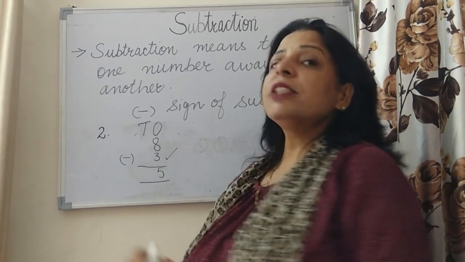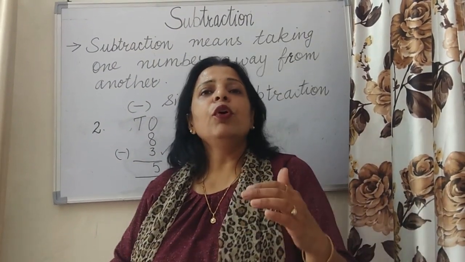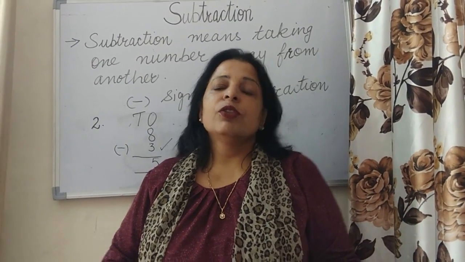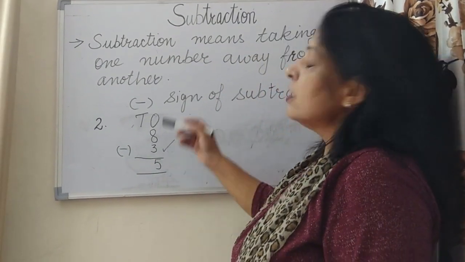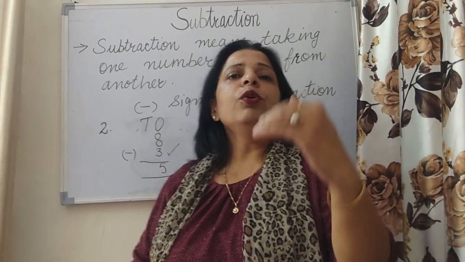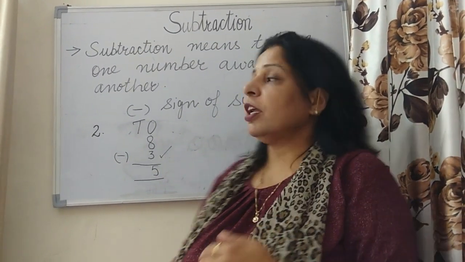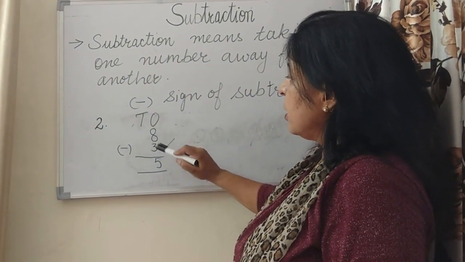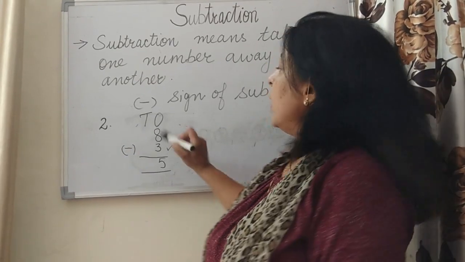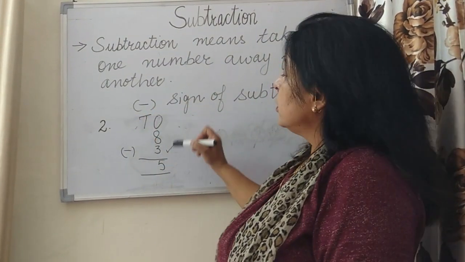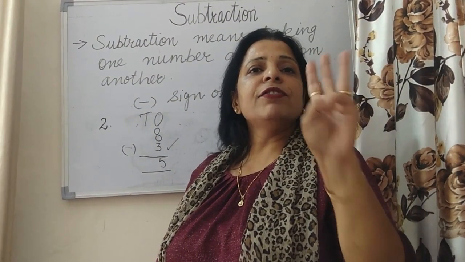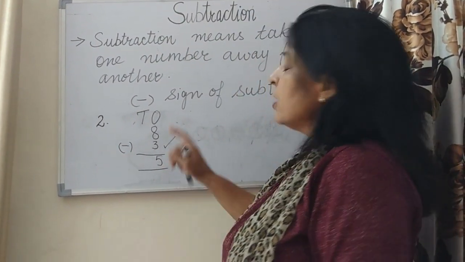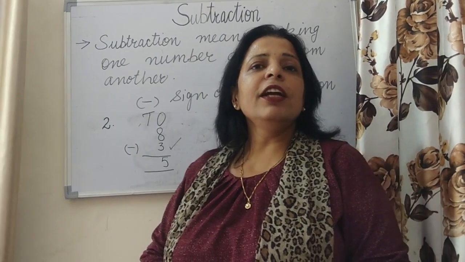Hope it's clear. Whichever method you find easier, children, you can follow that method. So, what I think is the best way to do subtraction is straight counting. Start counting from the second number, like here 8 minus 3. Start counting from 3 till 8: 3, 4, 5, 6, 7, 8. So we have taken 5 fingers. What will be the answer? 5. Hope it's clear. Good.